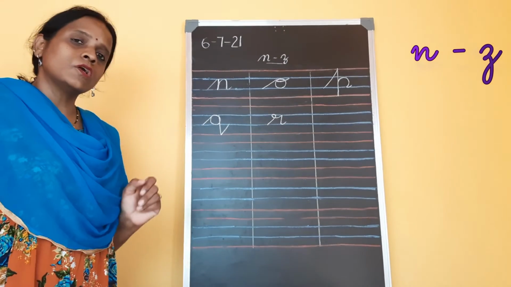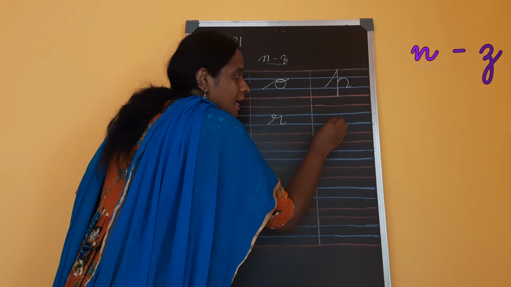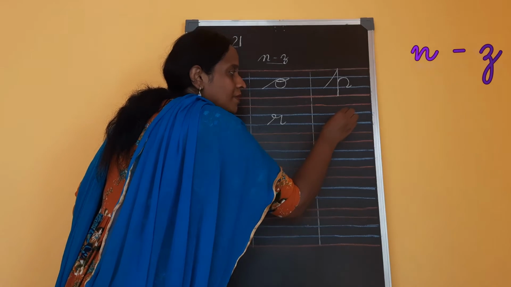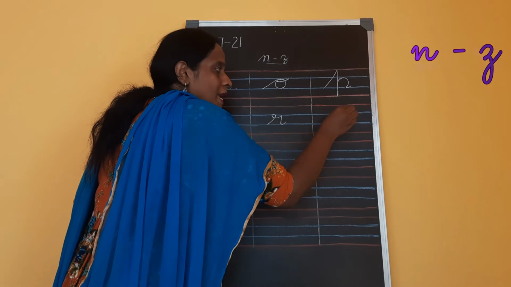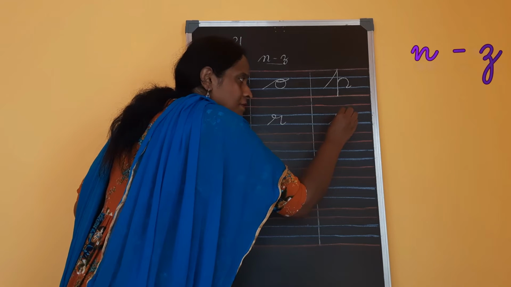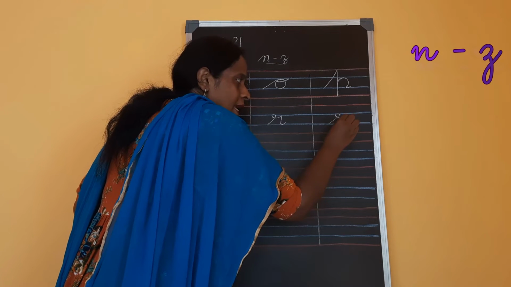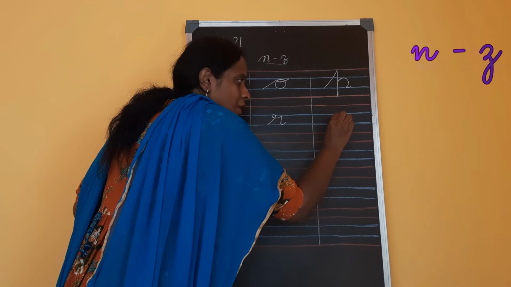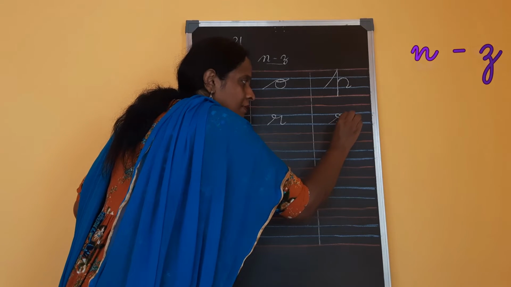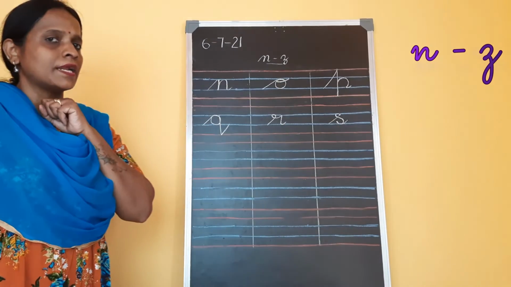Yes? Now we'll go to cursive S. From the second blue line, go up and touch the first blue line with the slanting line. Make a small circle. Come down with the right C curve, crossing the slanting line. Touch the second blue line and come down on the same curve. Leave it with a small tail. This is how you write cursive letter S.